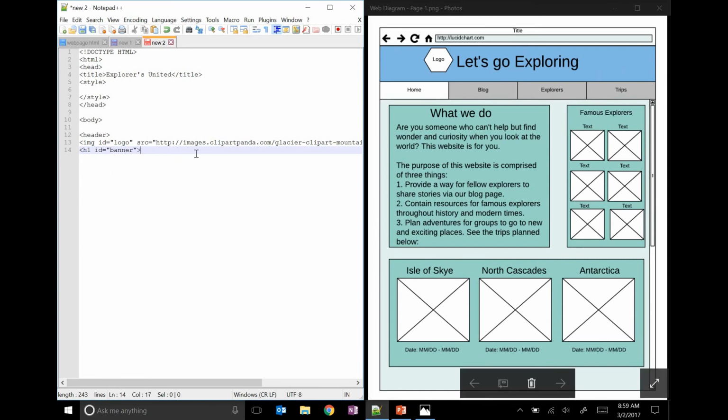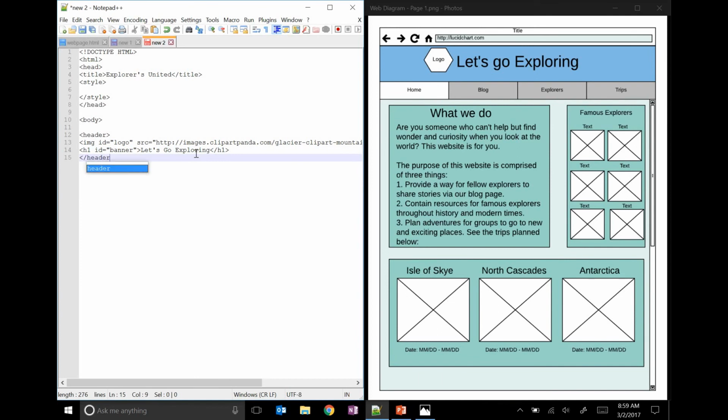So now I can change the Let's Go Exploring, make it bigger, and position it if I need to. So /H1, and there is my header. That's all I have in it, right? I can then change the style when we go up to the CSS, but for now that's all I need for my HTML. The next thing I'm going to have is my actual